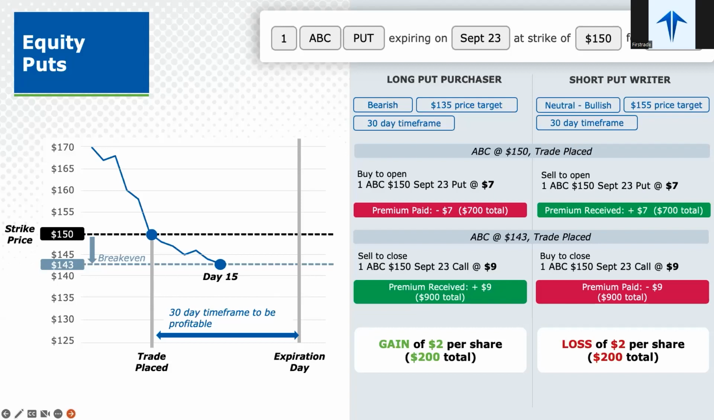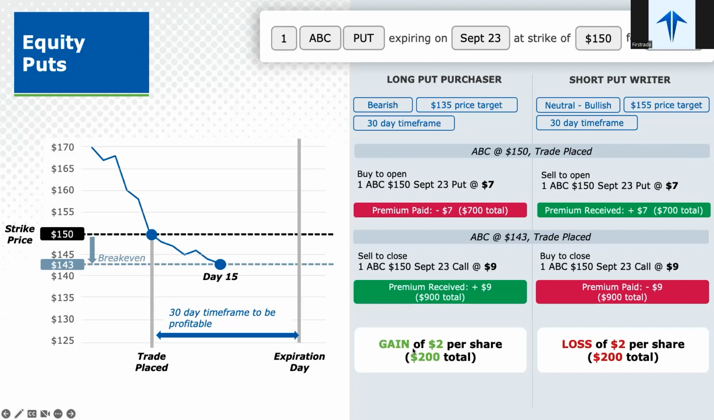And then if ABC is at 143, so now we see if we are at the break even point, this is what's important to know. This math is not correct. I apologize. No, this is right. So ABC is at 143. We're at day 15. So we closed for 9. And the reason why this still has some value for the long put purchaser is because of that time value component. If it is not moving as much or at the velocity that you're assuming past your break even point,